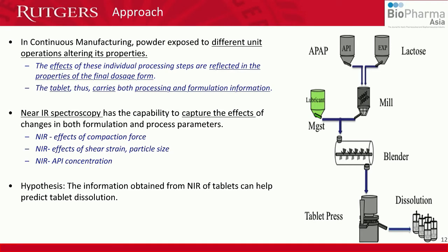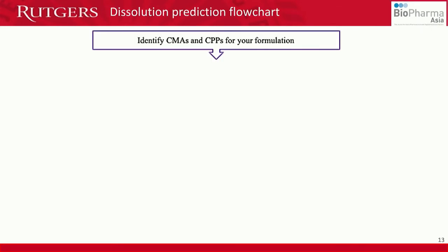So our hypothesis for this work was then to use NIR of tablets combined with this mechanistic approach for data extraction for dissolution, and then use that to predict dissolution of unknown tablets. And for that, we used a process understanding approach, and this is a very general flowchart that you can use. What it says is the most important factor here